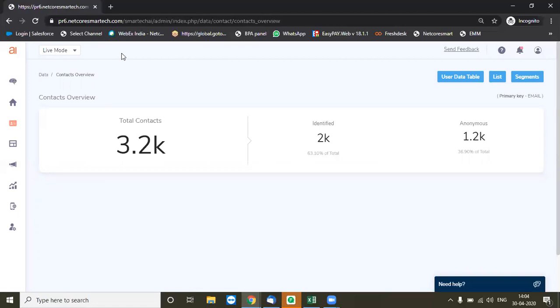Then the third option is an SFTP sync up, wherein you dump the data on an SFTP location and our platform picks the data from there. So these three are the ways where you can import the data. Once the data gets imported, we have a default contact master, which takes all the data into the platform at a central location.